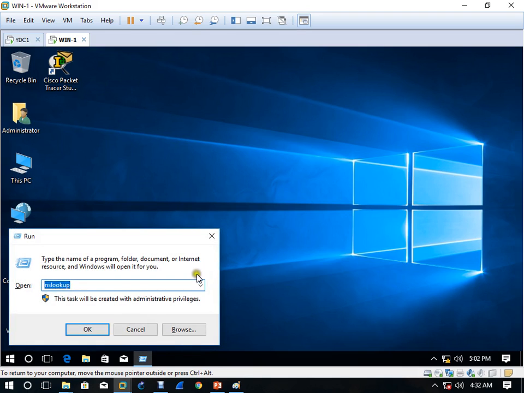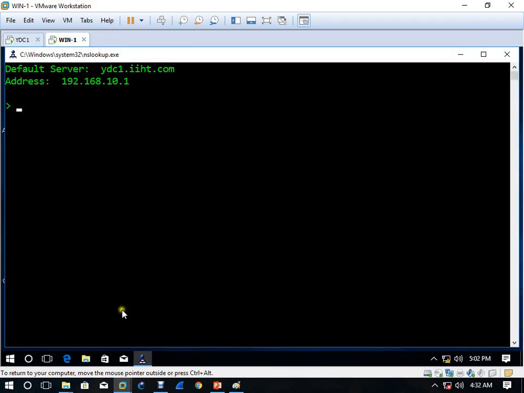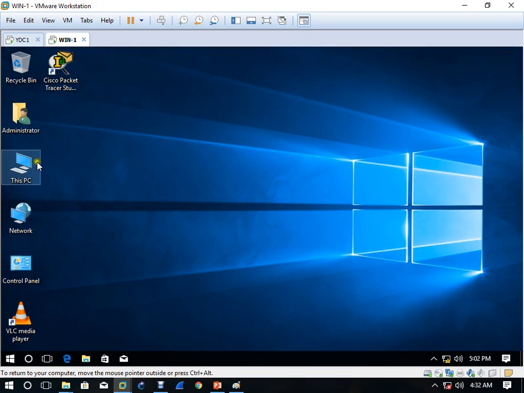The first command is network, right? Better you run NSLOOKUP, and everything will come out. If you are getting this, it means everything is correct, IP is correct, you are pinging and everything. But you put ping in the first process. It's not that you don't put the IP address and you are running NSLOOKUP. I am running directly this because I have already configured the machine. Okay. Second step.